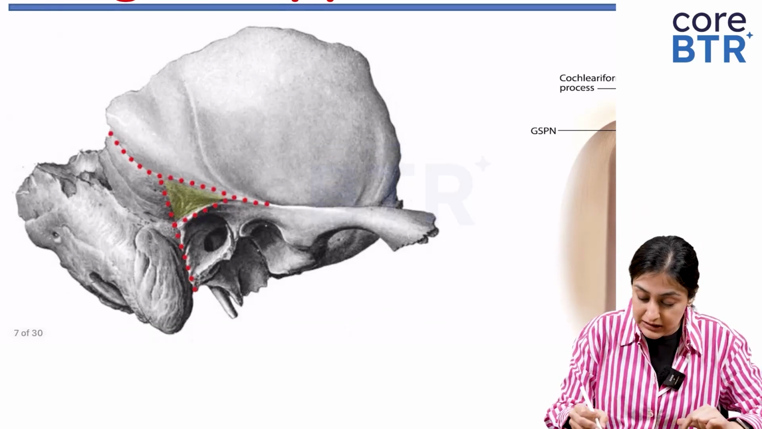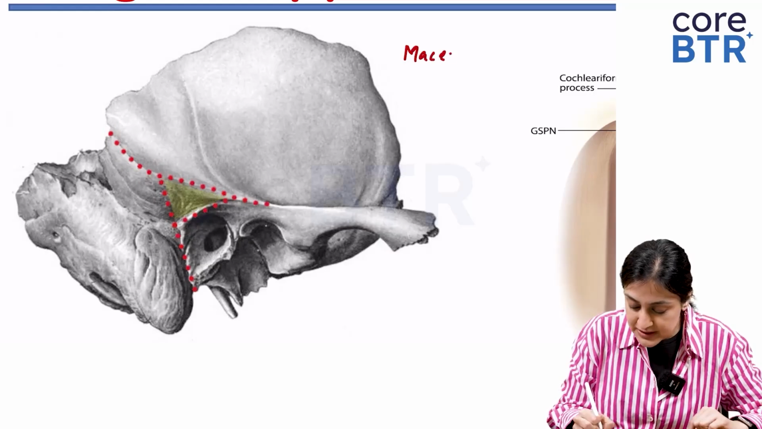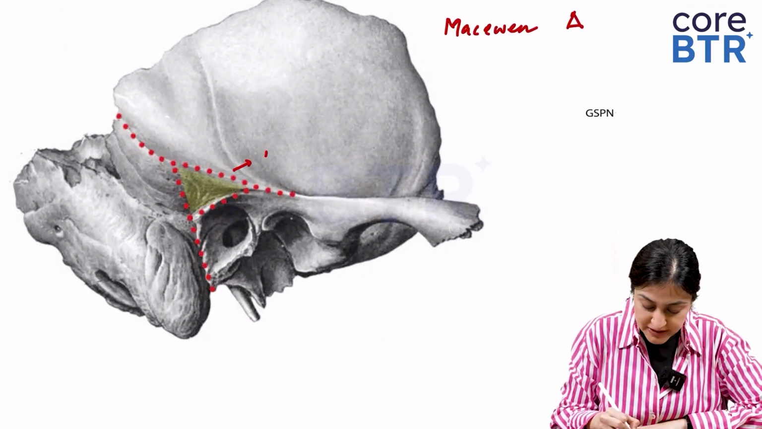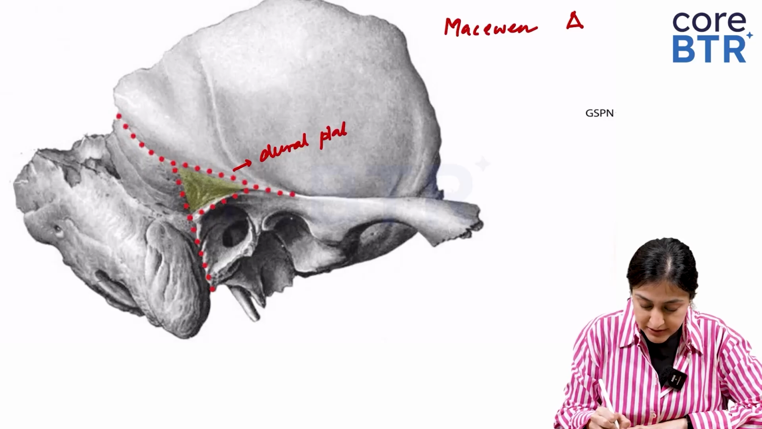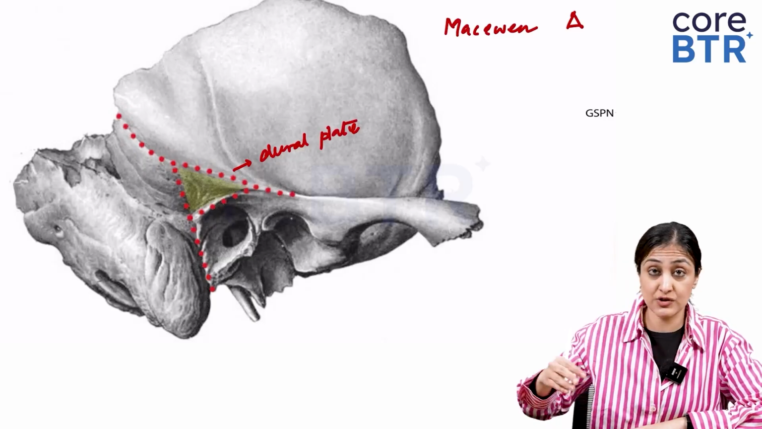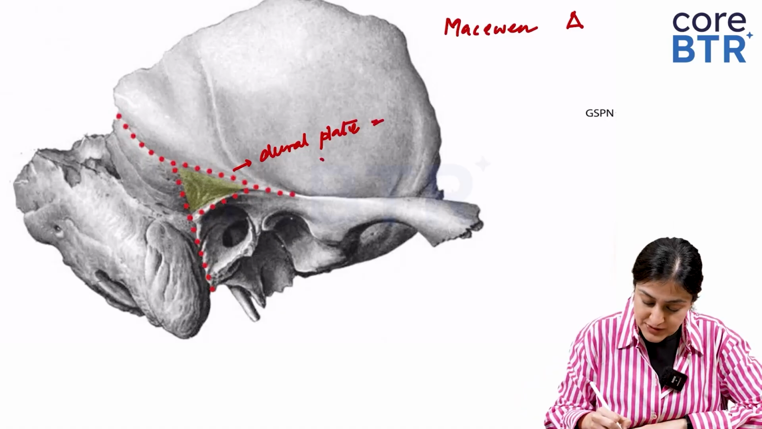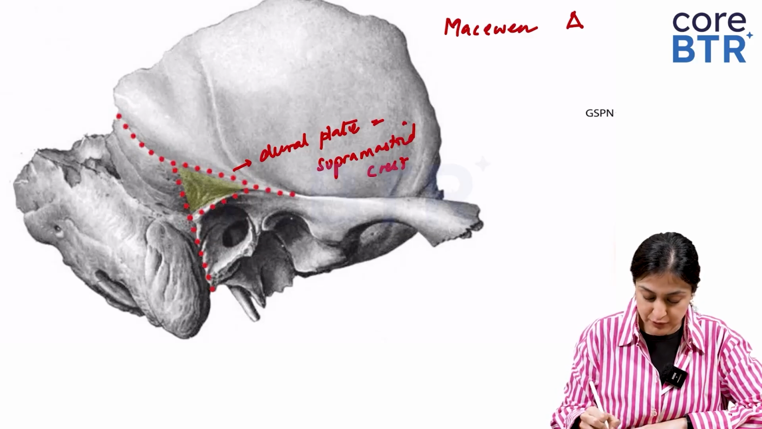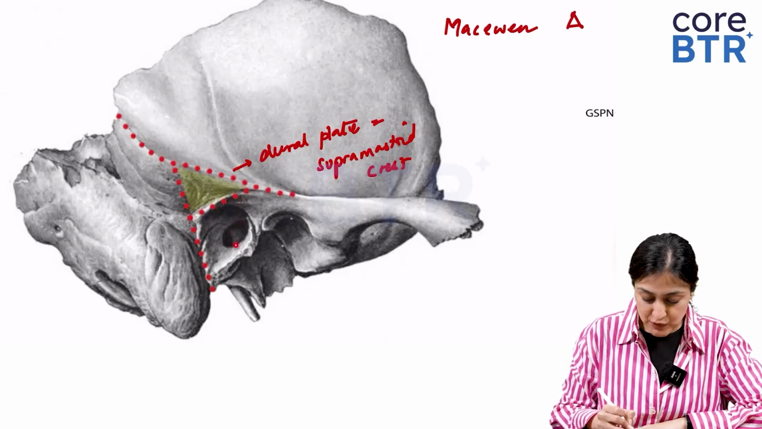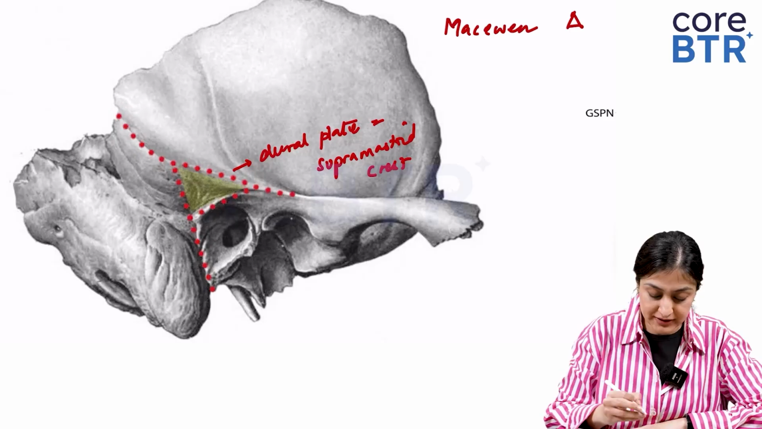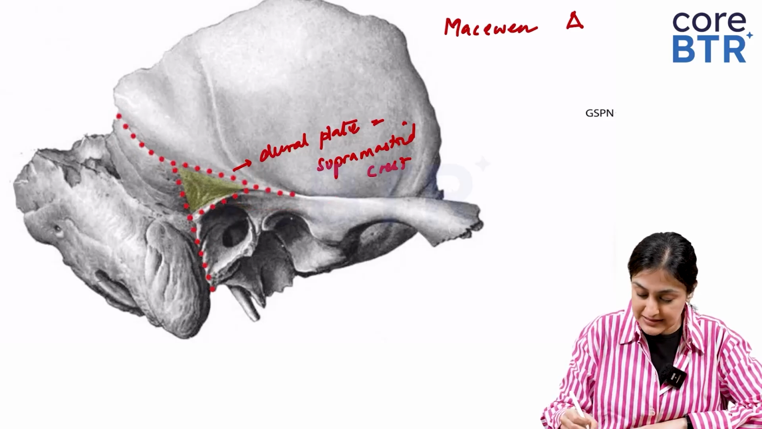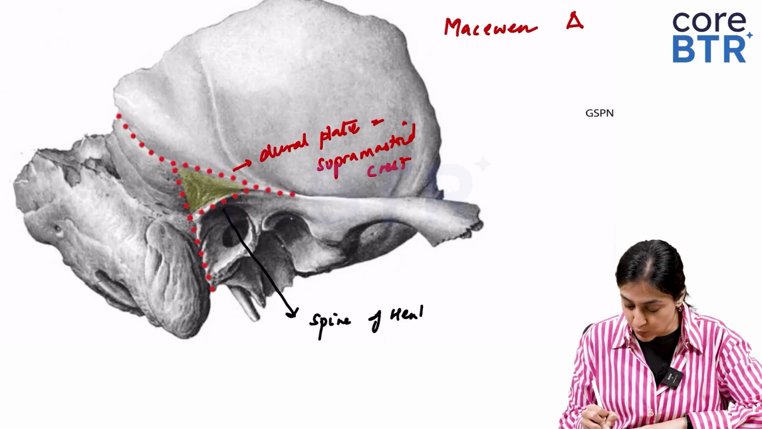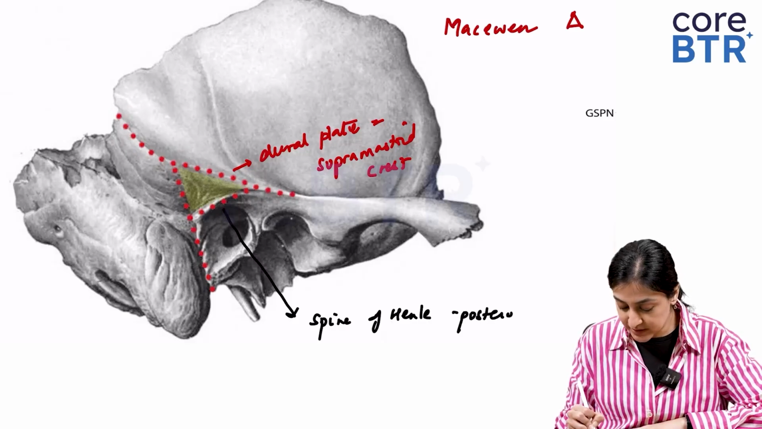So this triangle here is called the McEwen's triangle. What are the boundaries here? The superior boundary is nothing but the dural plate, right? This is the dural plate, which is the upper part. This is also called the supramastoid crest. So that's the superior boundary. Anteriorly, this is where you have the external auditory canal. This is called the spine of Henle. The spine of Henle is the posterior-superior margin